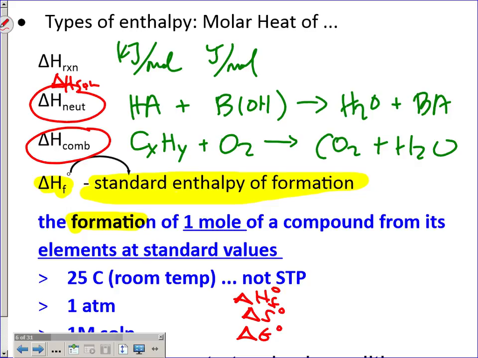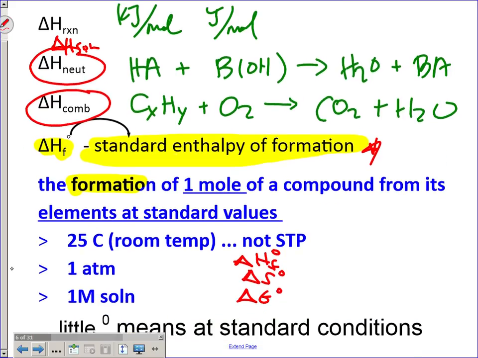Okay, and then the last thing is standard heat of formation. So standard heat of formation is a very, very particular definition. That's why I had you guys read your MSMI thing with your definitions, because it's related to the formation of 1 mole of a compound. So the formation of 1 mole means that when I write my balanced chemical equation out, I can't form 2 moles of it or 3 moles of it. I have to form 1 mole of it. So for example, let's form water. Form 1 mole of water